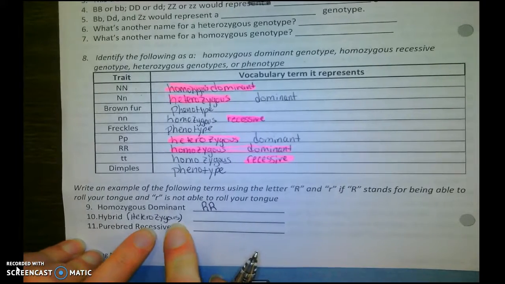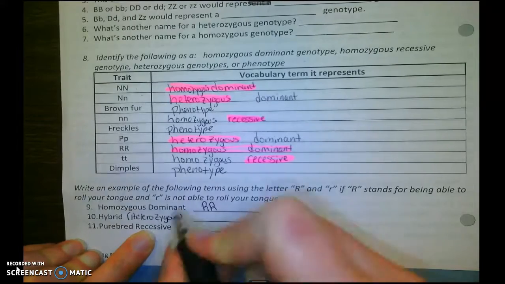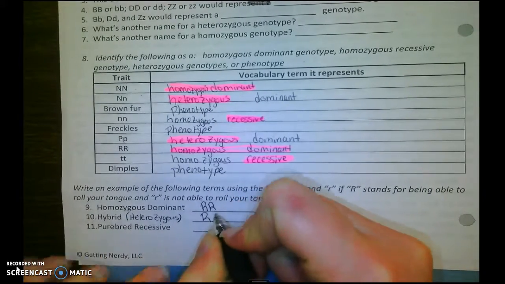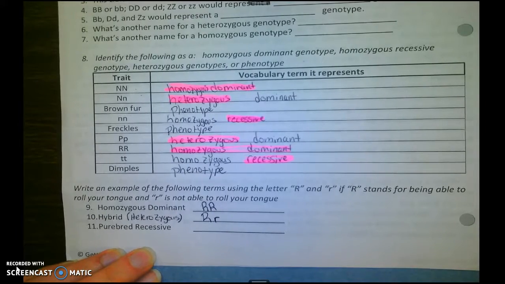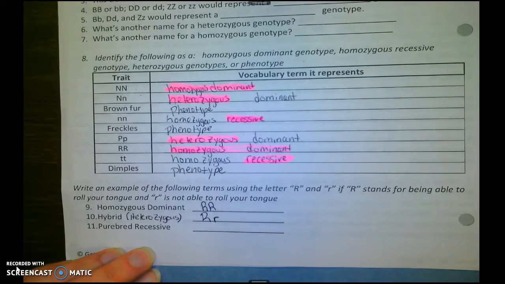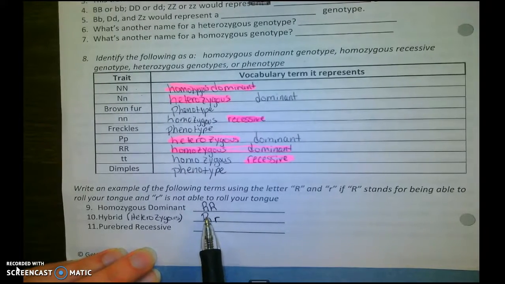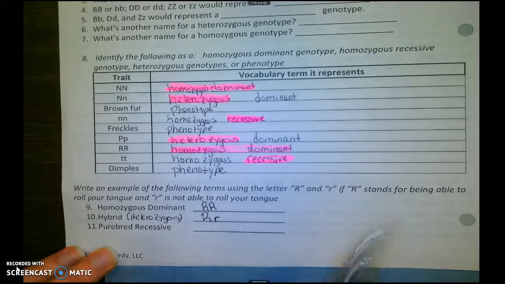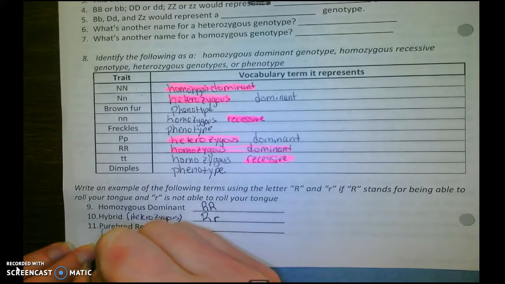Okay, heterozygous. Heterozygous means different cases. So we're going to have a capital letter and a lowercase letter. And if you think about anything that has capital letters, when you spell your name, they usually come first. Capital letters begin a sentence. So you are always going to see the capital letter written first and then the lowercase letter. Okay? And the last thing that you see is purebred recessive or